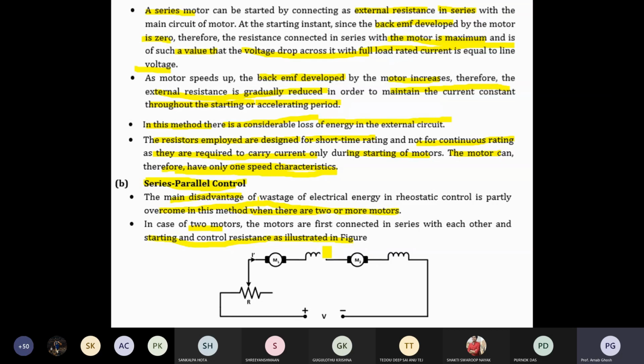Parallel configuration: when sufficient back EMF is there, you can make them parallel. Okay, so that is the series parallel configuration, but more or less additional resistance should be there, because basically it is a huge current. So that's why the additional resistance should be there. But how to minimize that additional resistance? That is your concept, that is your consideration. That's why the series configuration is also accepted to some extent, since additional resistance means additional drop.